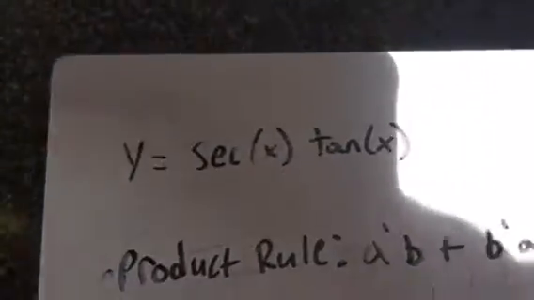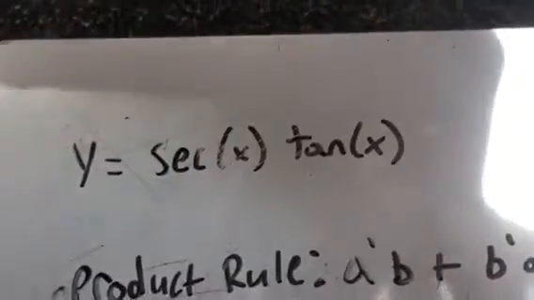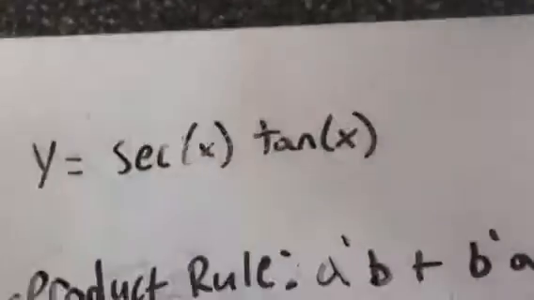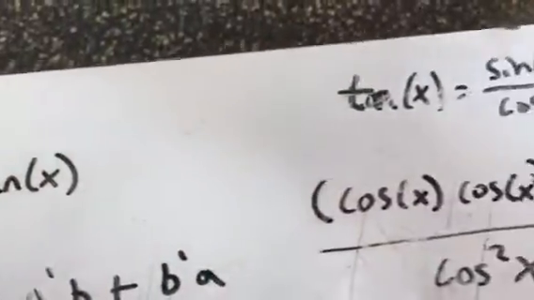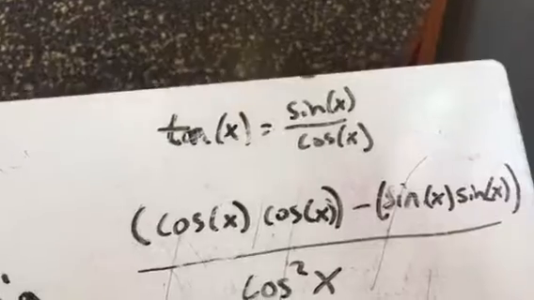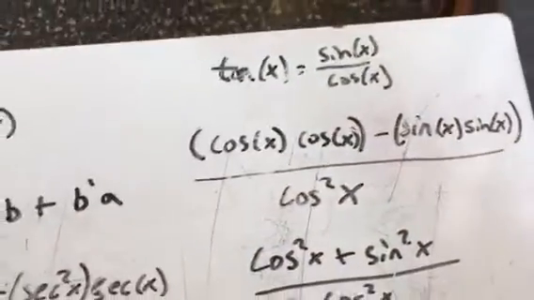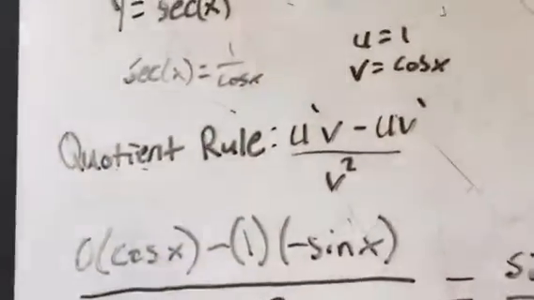So the next step, we have to find the derivative of that. Well, we already know what the derivative of secant x is since we just found it. Now we have to find the derivative of tangent x. So over here, tangent x can be described as sine x over cosine x. And using the same quotient rule that we used in the problem before, we get